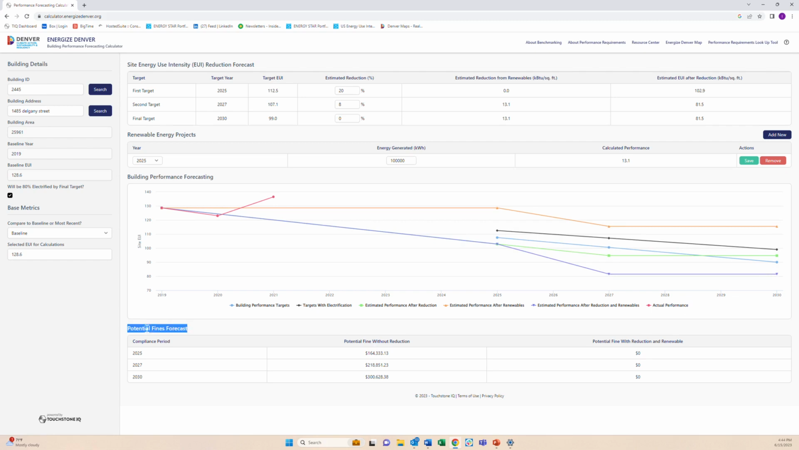The potential fines forecast table displays the potential fines which may be assessed against your building if your building does not meet the performance targets. Two scenarios are shown in the table. The fines in this tool are calculated using the minimum fine value of 30 cents, but fine amounts may be higher if your building has an approved timeline adjustment. The value shown in the potential fine without reduction column